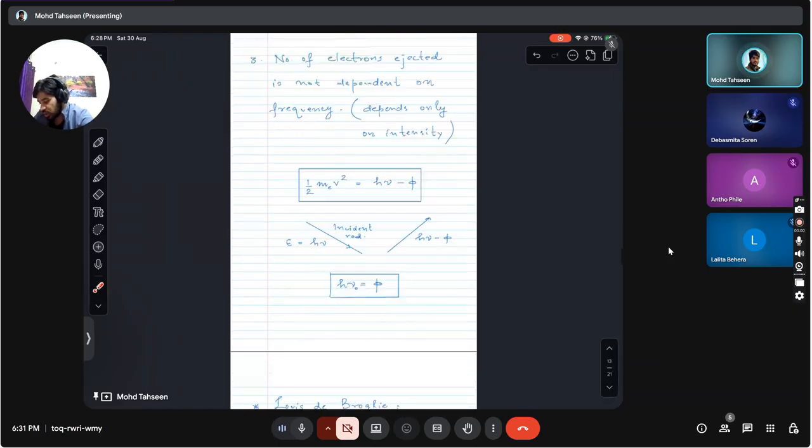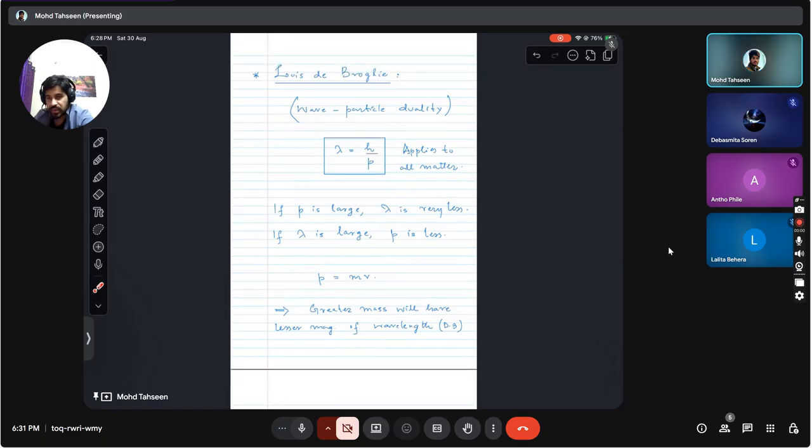So now Louis de Broglie was another scientist who saw these assumptions, and he came up with his very famous equation, called de Broglie's equation, in which he assumed that any particle, any matter in general or any radiation, has both characteristics. It behaves as a particle, which is to say that it has certain momentum, and it also behaves like a wave, so it has a certain wavelength as well. And he related these two quantities, lambda, which characterizes the wave behavior, and p, which characterizes the momentum, the particle behavior, by Planck's constant h.